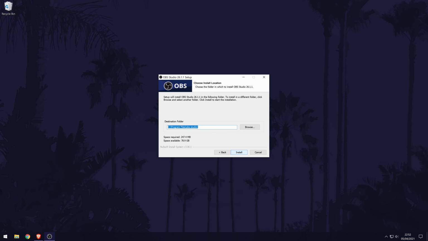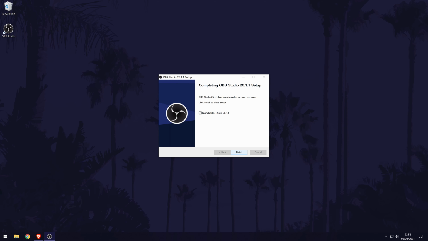On the next page, you need to select a location to install the software to. The default location should be fine, although it doesn't matter too much as long as you remember roughly where it is and that you make sure it is not installed within a folder that might get deleted accidentally, such as the Downloads folder. Click on Install once you have chosen the location. The installation will now begin and it shouldn't take too long to complete.